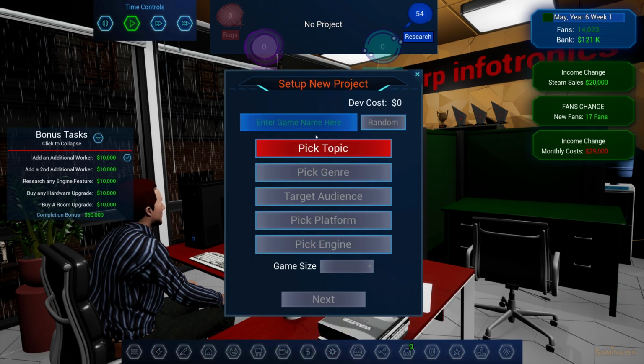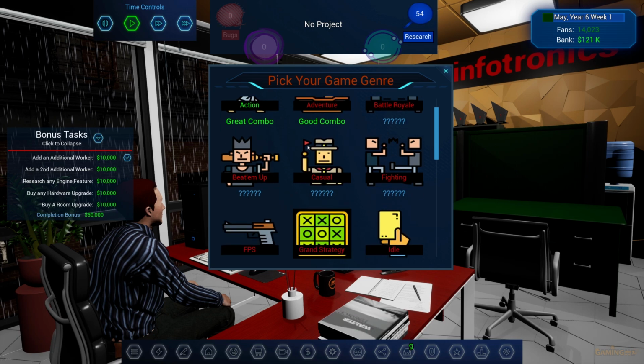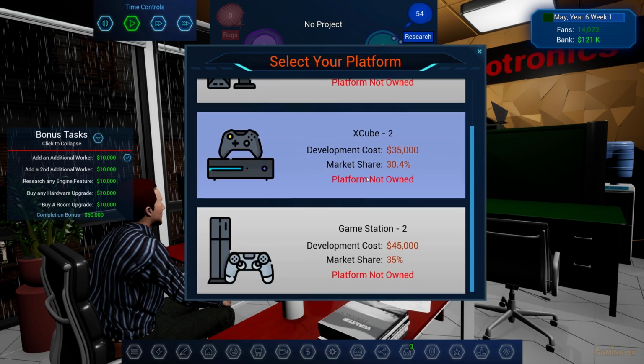Okay, let's actually get to making the engine. Let's call it... what should we call it? Doom? No, Doom's already taken. Strength and mysticism. I think that's how you spell mysticism. Let's have it be a fantasy RPG again, because that's what we do. And adult only, which, again, adult only is something that you do when you want your game to not sell ever. We're gonna have to buy for a different platform, which is...